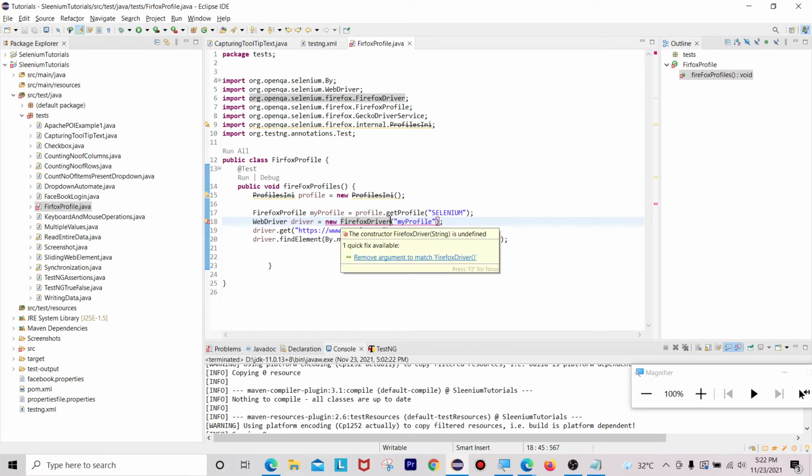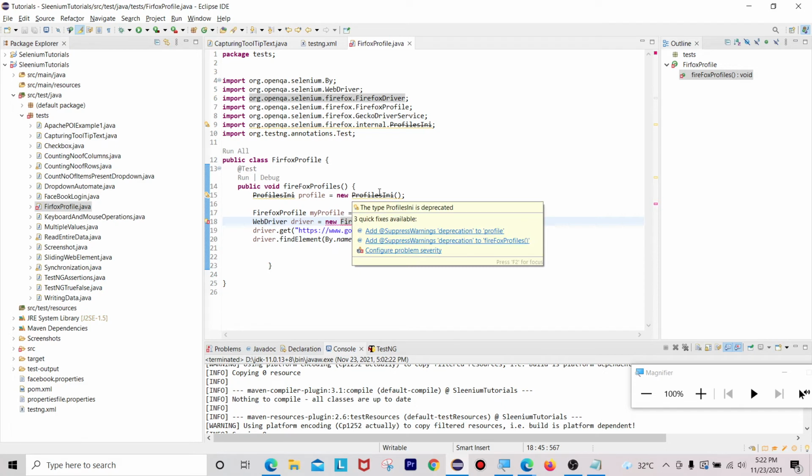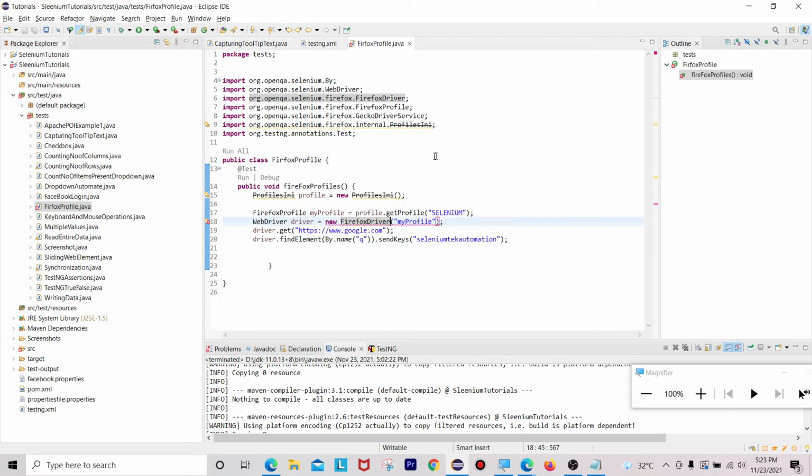Instead of this one, we have to use Gecko driver. So this is how we can configure this Firefox profile here. Sorry guys, I don't know why I am not getting this error, but I will try to resolve this issue once this tutorial is completed.